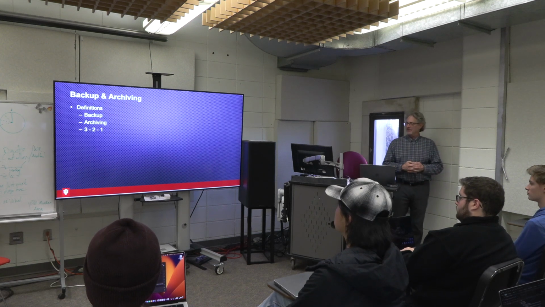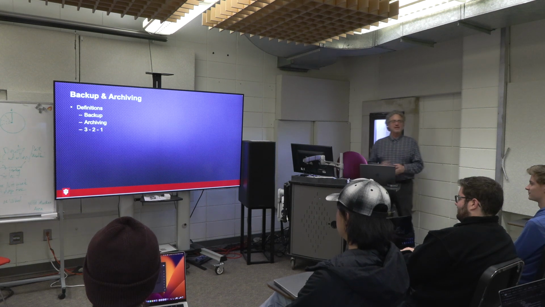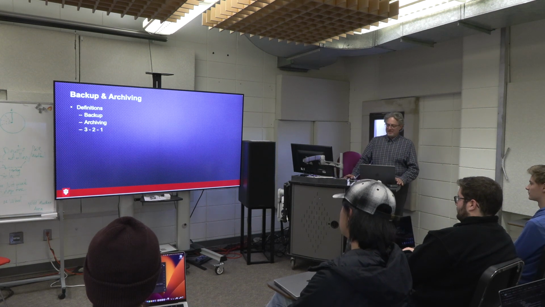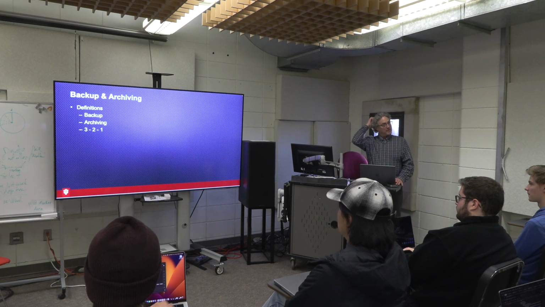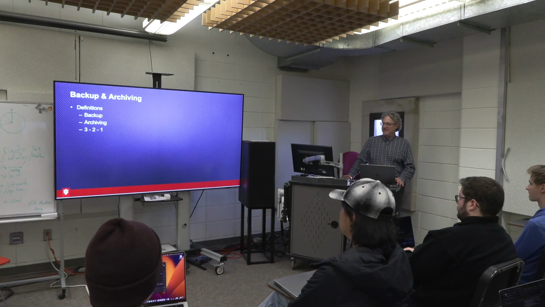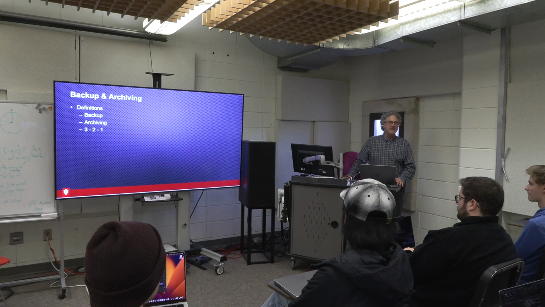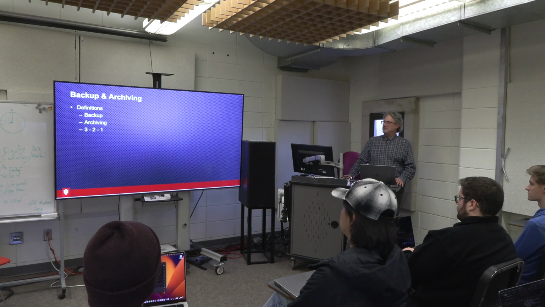And then there is counting. Yes, there is going to be math today, but only in terms of 3, 2, 1. And this is a general schema for saving your data. And this will hold true whether you're archiving it or whether you're just backing it up to prevent data loss. You need to have 3 copies on at least 2 different kinds of media,